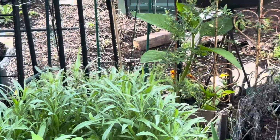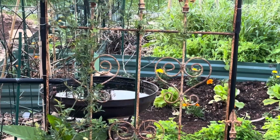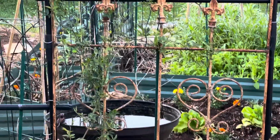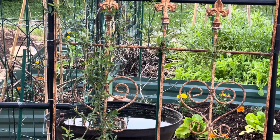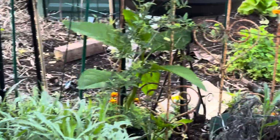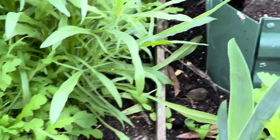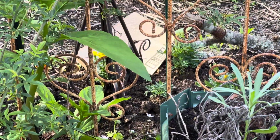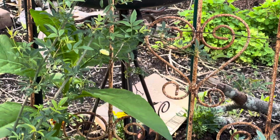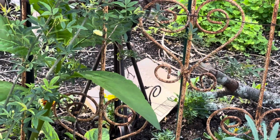On the other side of this little thing, I have my Lady Banks rose, but it hasn't taken off yet. It's also about a year old, but I do see one blossom. Holy cow. My gosh, I do see a blossom in there, a little yellow blossom. I lied, I do have one blossom. Oh, as long as you can, right there,